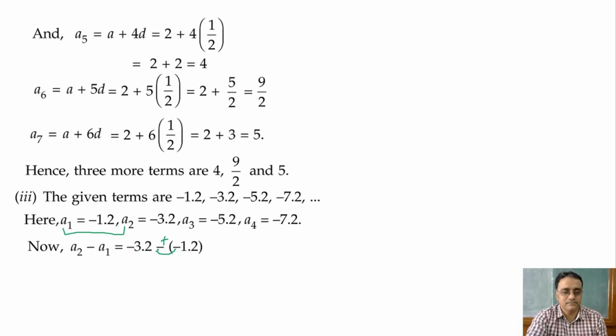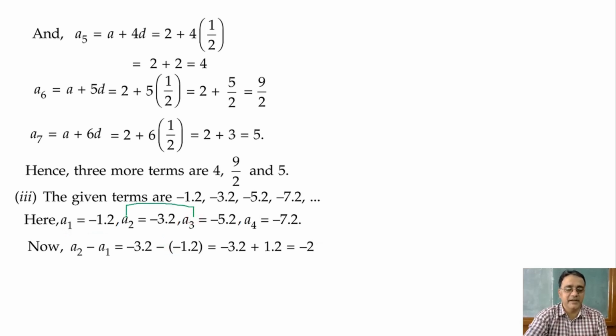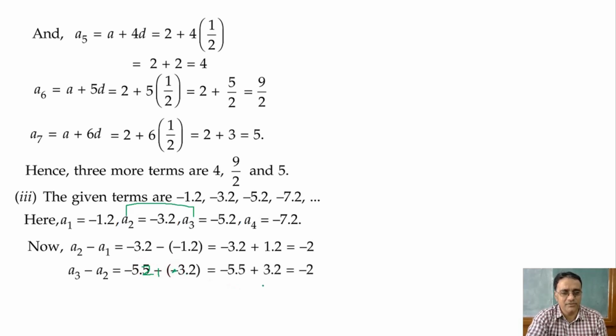Minus 4.4, these all become plus, see. Minus 2.0, that is minus 2. Clear? Yes, sir. Now we'll subtract these two. Minus 5.2 minus of minus 3.2, so this becomes plus. So here also we are getting